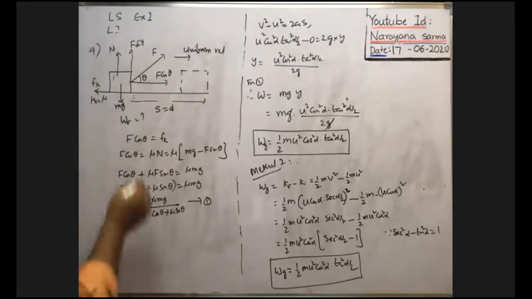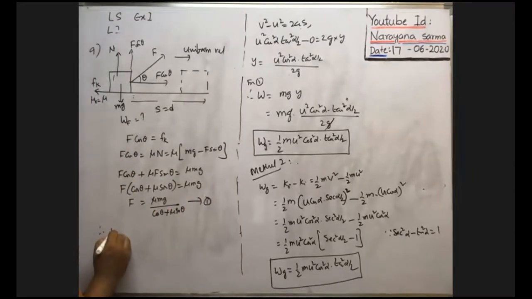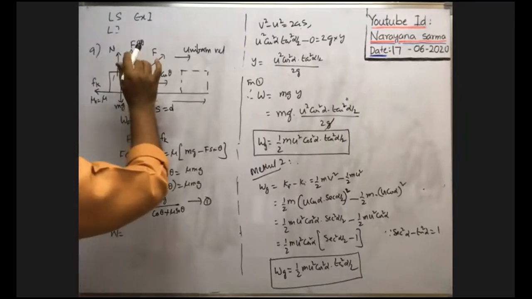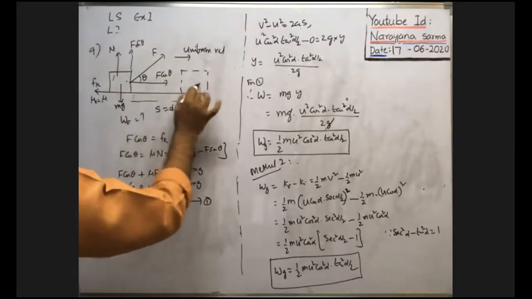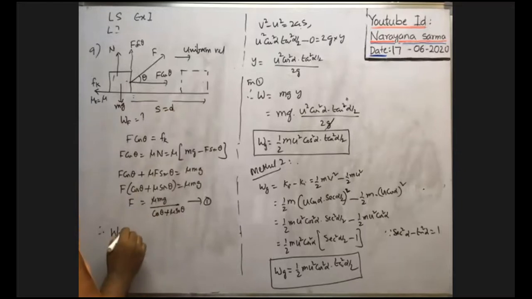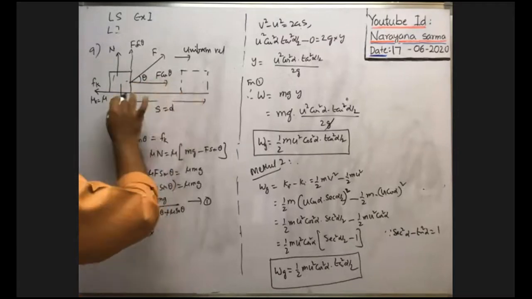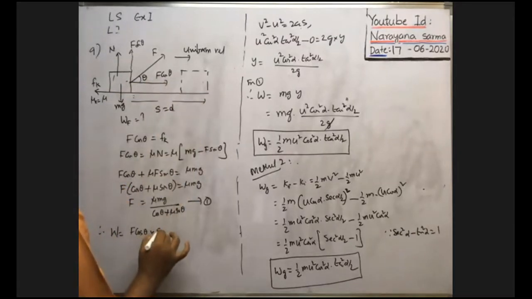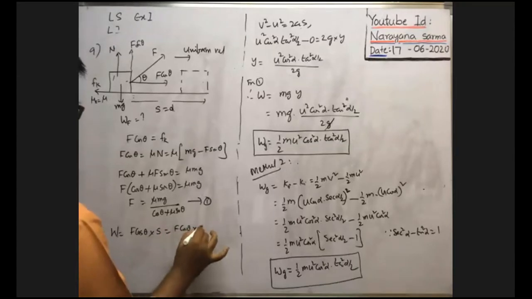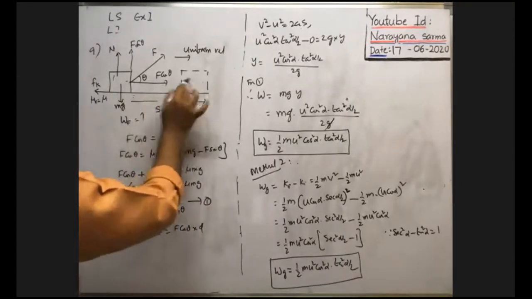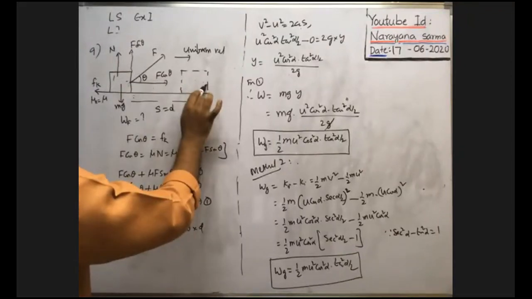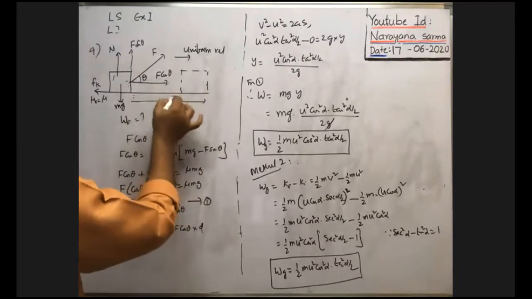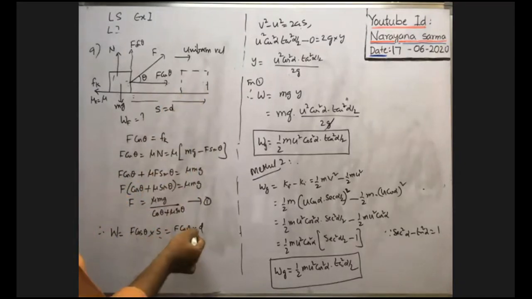Here, what is the work done by the applied force, they asked. Whenever the force is applied in this direction, because of this force component only, work is done to displace the body through a distance d. That's why work done by the applied force is equal to the force component along the direction of displacement, F cos theta, into displacement S, of course S means d. So F cos theta into d. Because the force component F cos theta is in this direction and the displacement is also in the same direction, there is no angle between force component and displacement. That's why force into displacement directly gives work done.